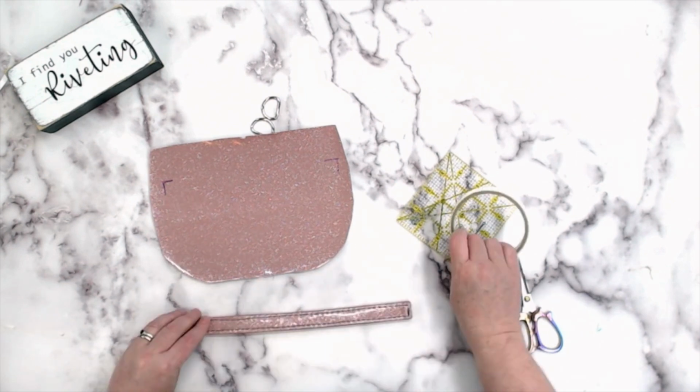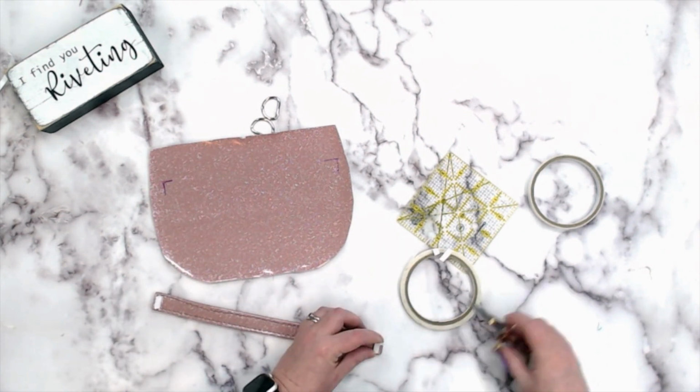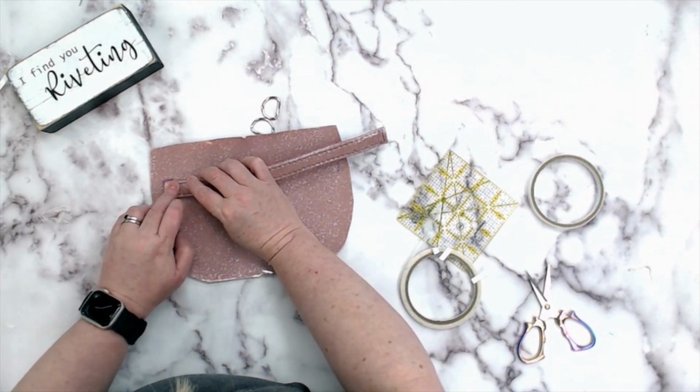So we are adding in these D-rings. If you don't want to do the crossbody, you can definitely leave this part out. This is an added in modification that I've added in. I like to use just a little bit of double-sided tape to help hold this in place while I sew. So we're going to start with one side, put it right into that mark,